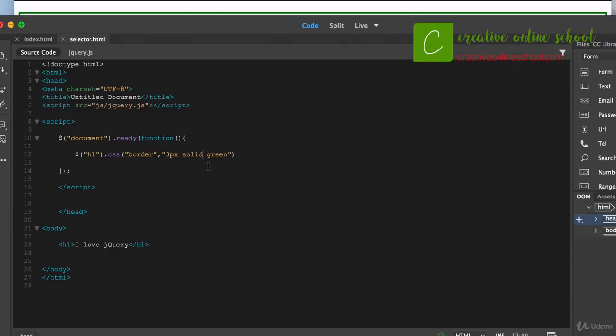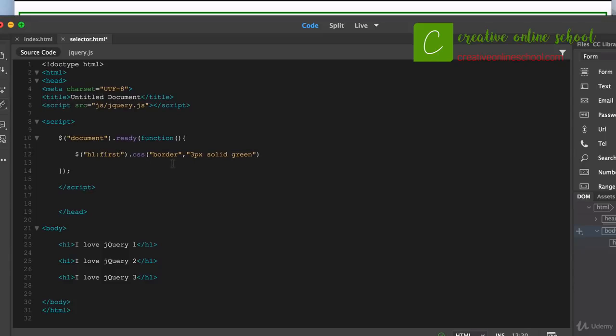Now I did say we're going to be doing both selectors and filters in here. So let me show you what I mean by filter. Let's say we've got maybe a couple H1 tags in here. Let's just go ahead and add a 1, a 2, a 3 after it, just so I can see the difference here. So maybe we've got 3 H1 tags in here. Maybe you don't want them all to have this basic layout here. So what I can do is add a filter right in here to the H1, and I can say colon